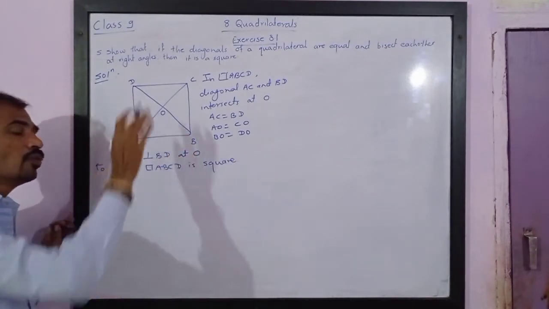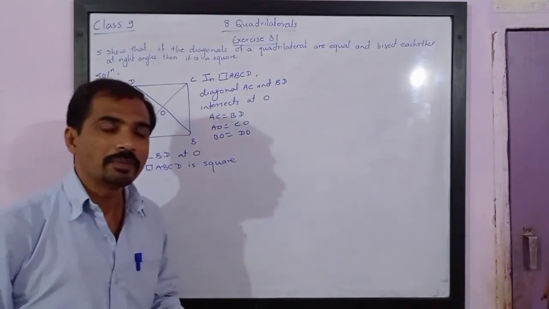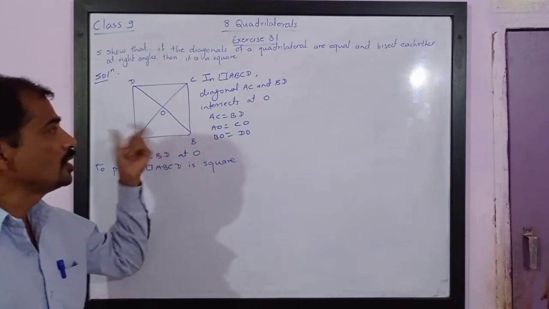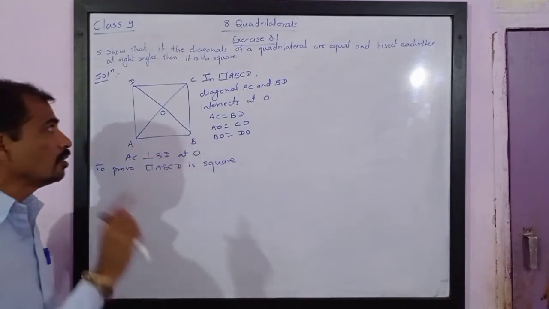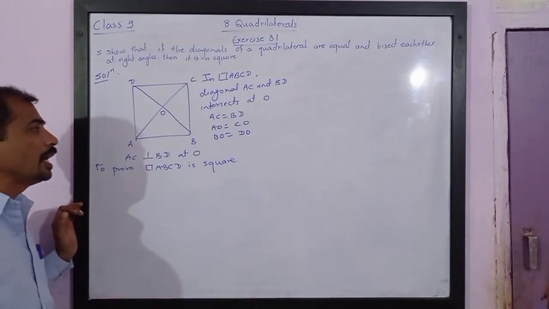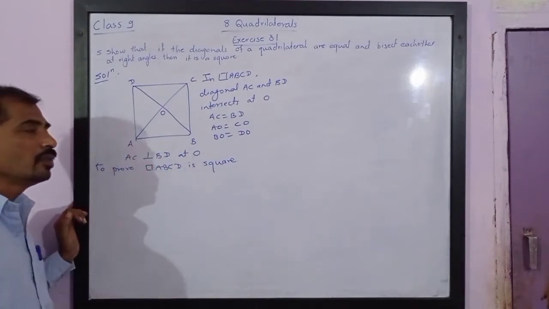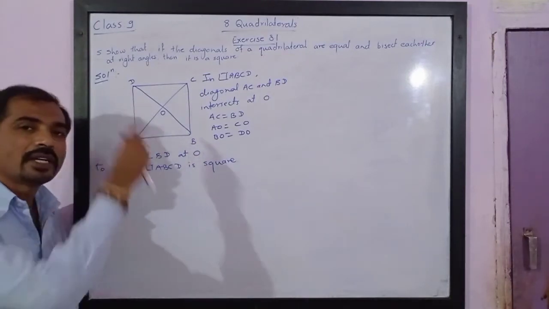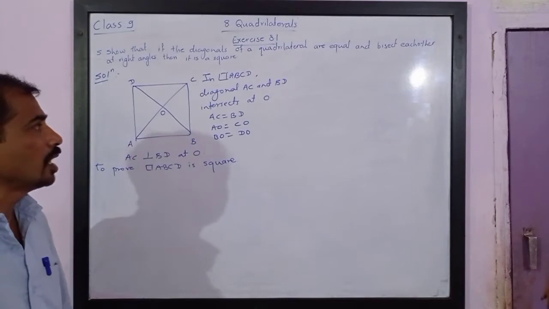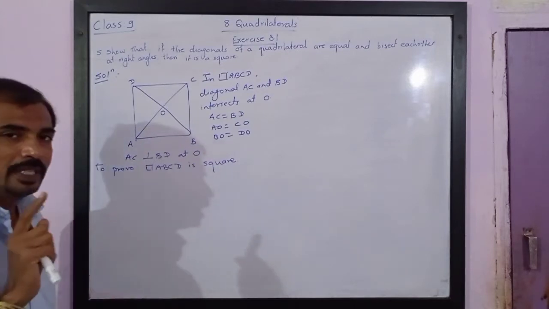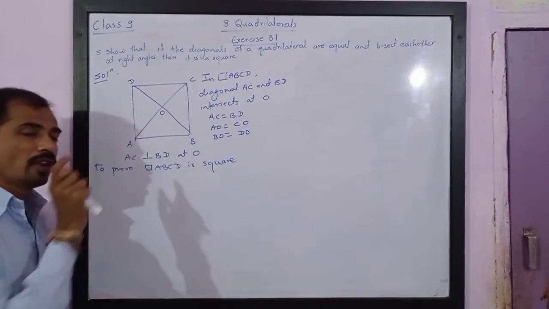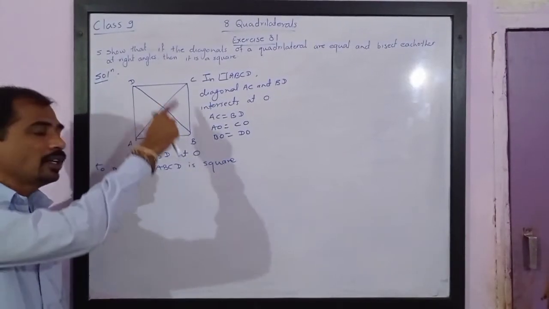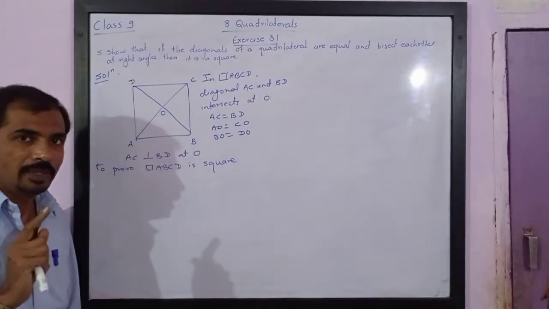Now see, we have already studied the definition of parallelogram and some theorems on the parallelogram. We have studied rhombus. We have studied the definitions of the square. In theorem 8.8, we have studied that if one pair of sides is equal as well as parallel, then that quadrilateral must be a parallelogram. Please note.